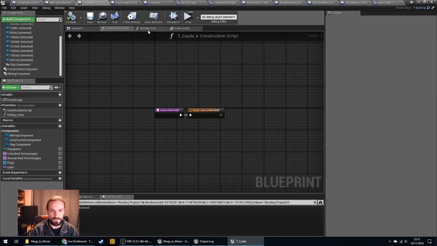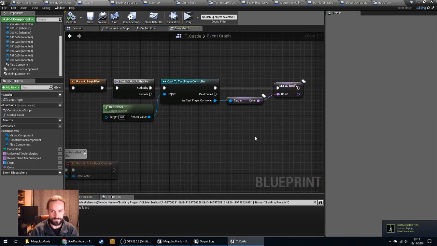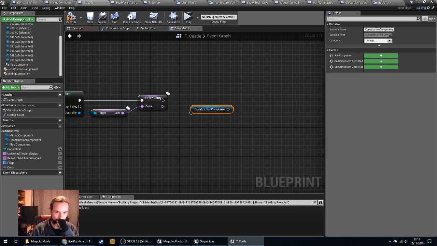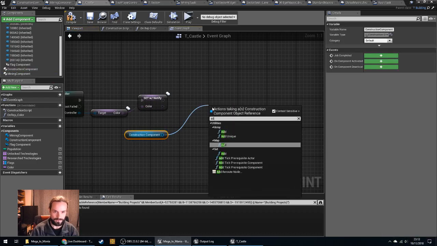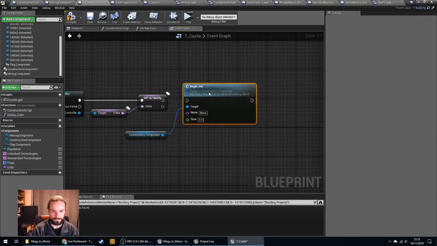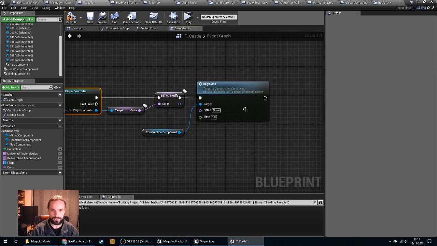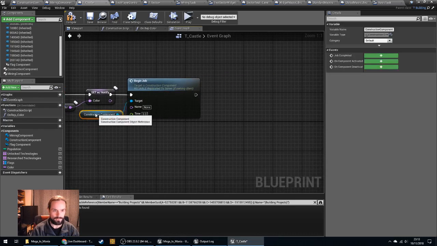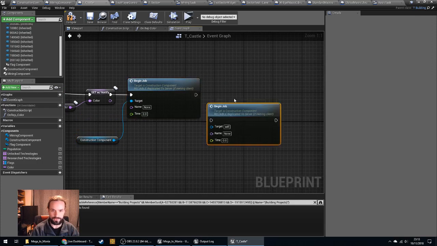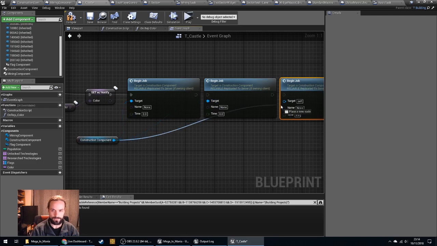So for the time being, we are going to just call begin job. Yeah, so we're doing this on authority anyway, so we don't need to worry too much about the reliably replicated server part. And there's only 3 buildings we can build by default. That'll be the mine. We've actually set that to